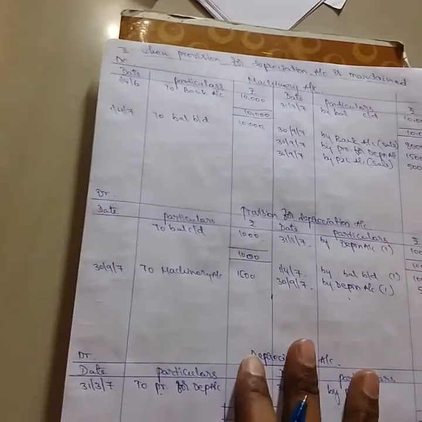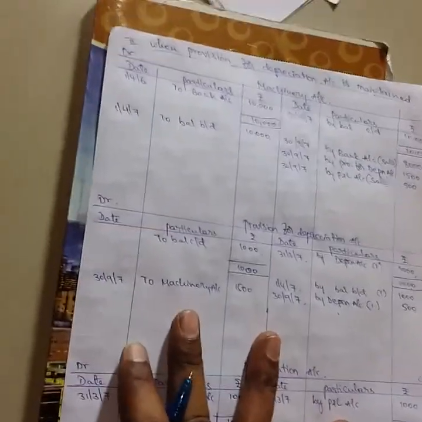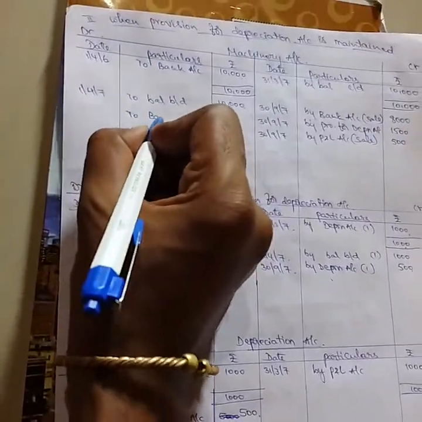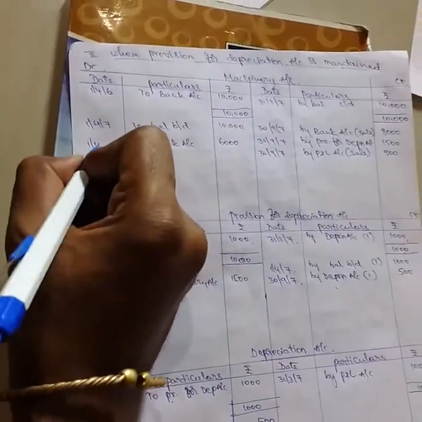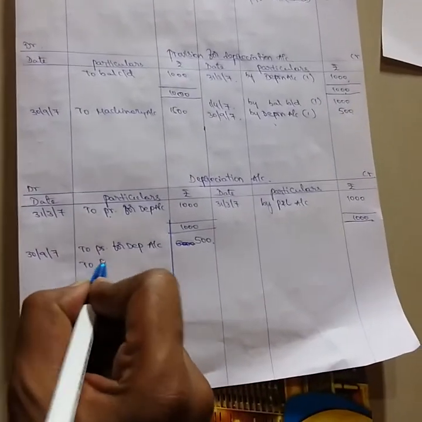Next day another asset is purchased. For that, journal entry: asset account debit to cash or bank account, purchased for 6,000 on 1/10/2007. For this asset, charge depreciation. Journal entry for charging depreciation: depreciation account debit to provision for